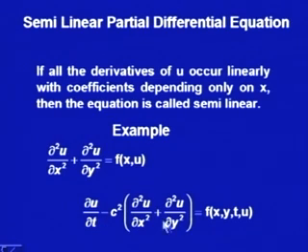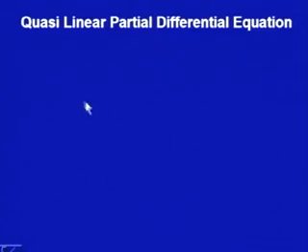Here also it is constant, and what we are having is that the right hand side, the constant function, is u, and a function of x and u. We are saying that the function is having u linearly and its coefficients are depending only on x. This may be a function of this one, but the coefficients would depend only on x. This is semi-linear.